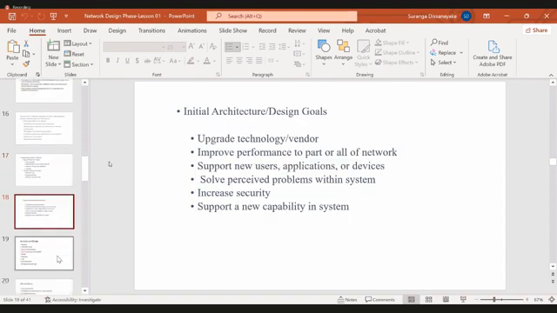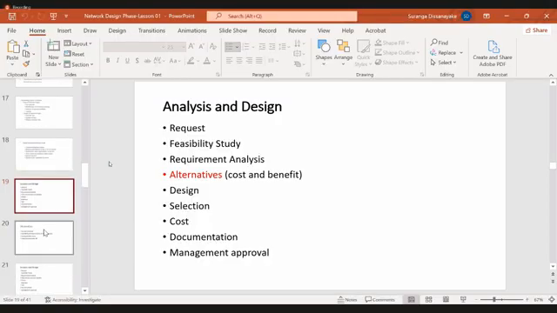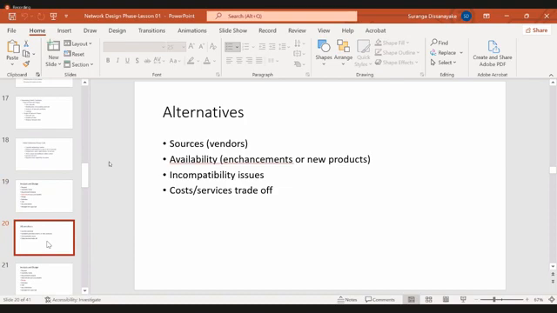Okay, initial architecture design goals: update the technology vendor, improve the performance part of the whole network. Okay, it's not okay. Alternatives we have already discussed. What do we mean by alternatives, and what is the gain of an alternative? Okay, then after taking alternatives, if let's say X is one vendor, Y is